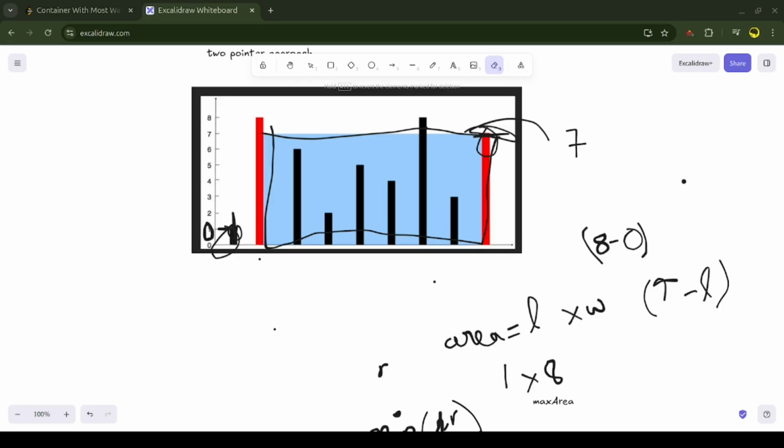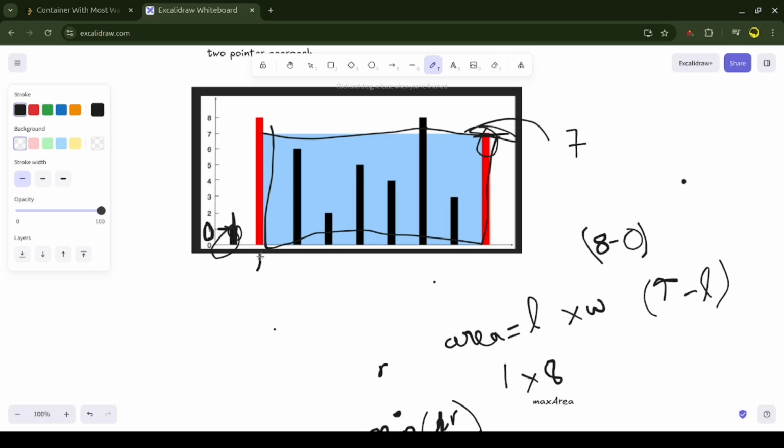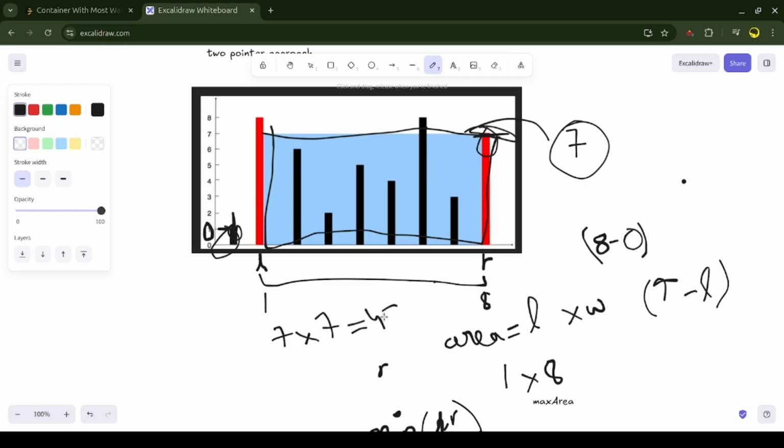Okay, fine. Here is my L and here is my R. Width is 7, length is 7, and the height is 7, and the width is the difference. R is at 8, L is at 1, so the difference is 7, and 7 into 7, the area is 49. Okay,